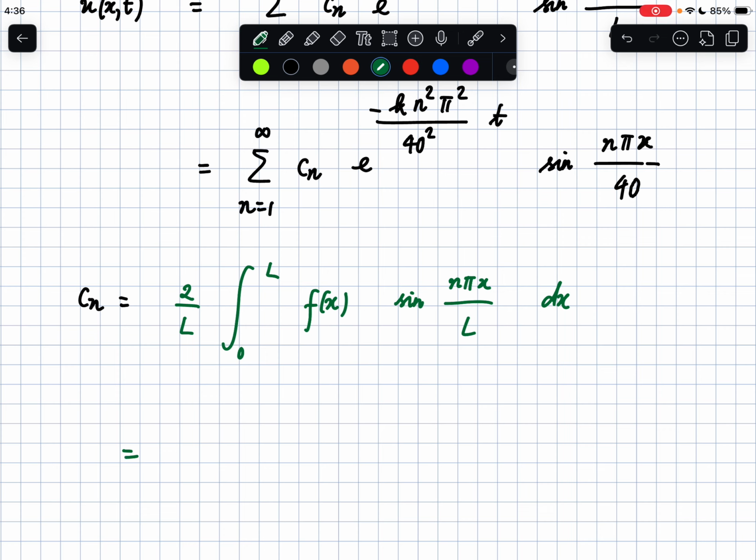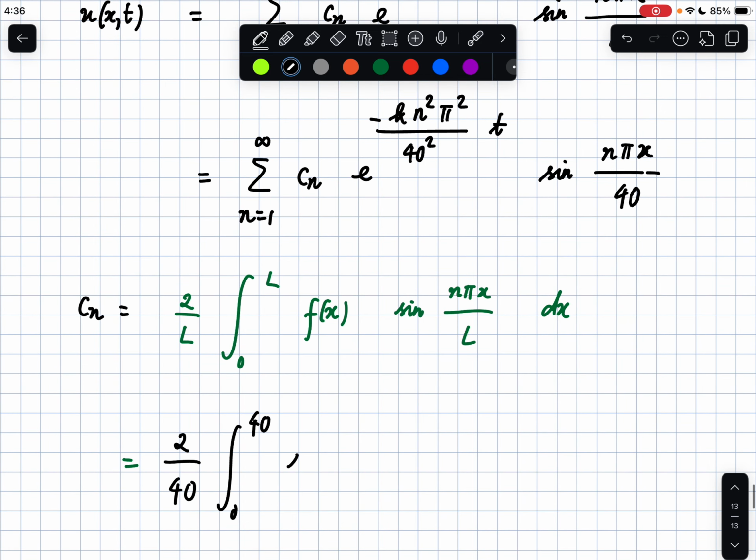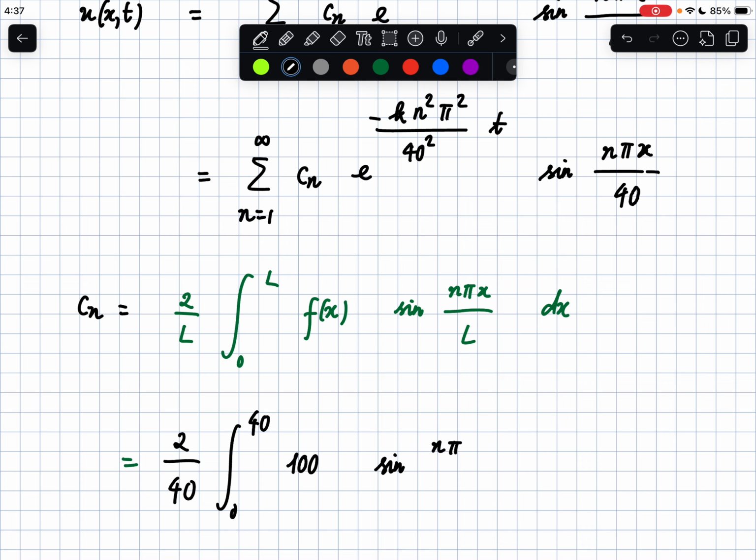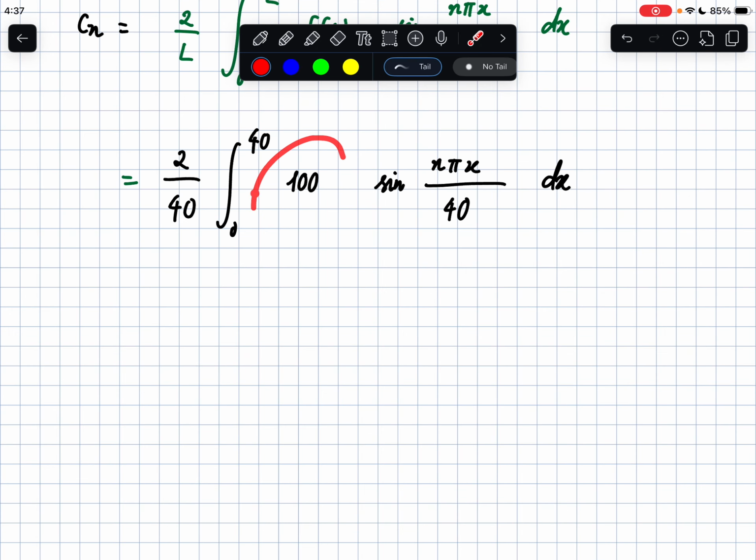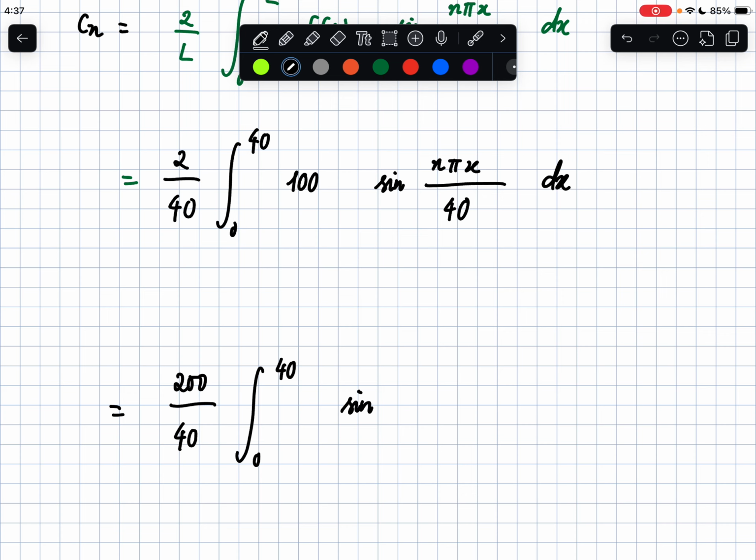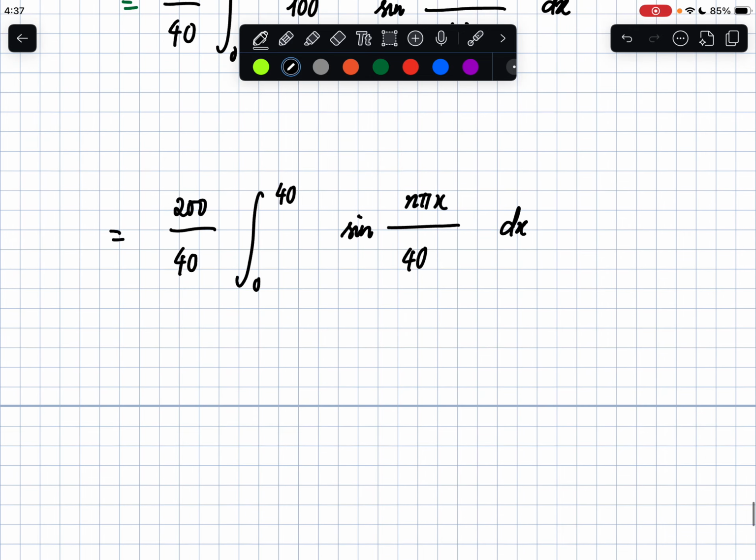In this case, 2 over 40, integral from 0 to 40, f(x) equal to 100 times sine n pi x over 40 dx. So I have 100, can move it out: 200 divided by 40, integral from 0 to 40 of sine n pi x over 40 dx, which means